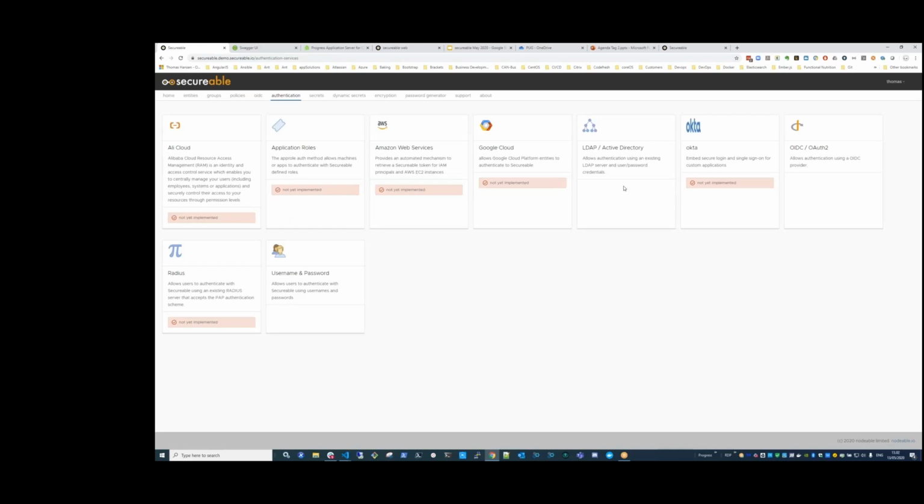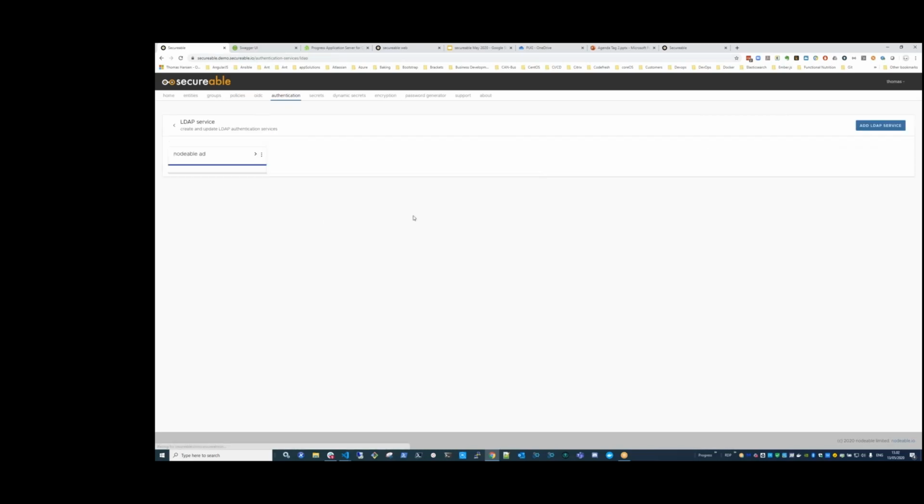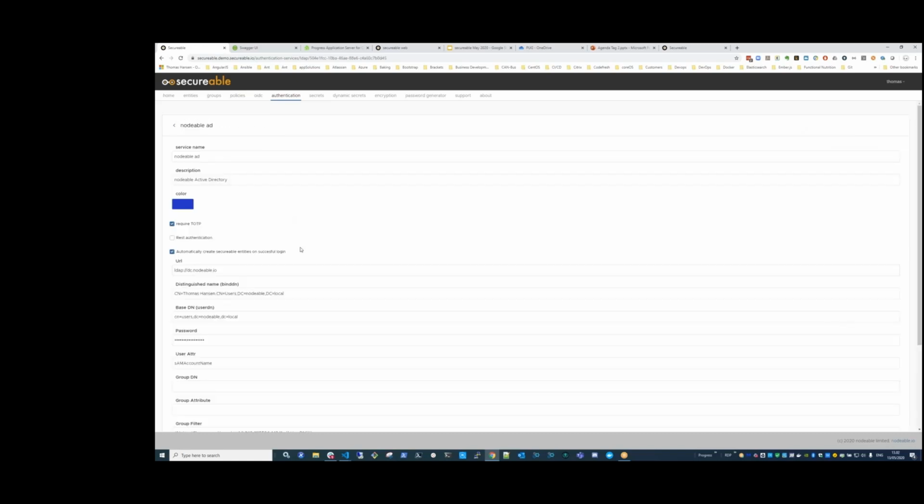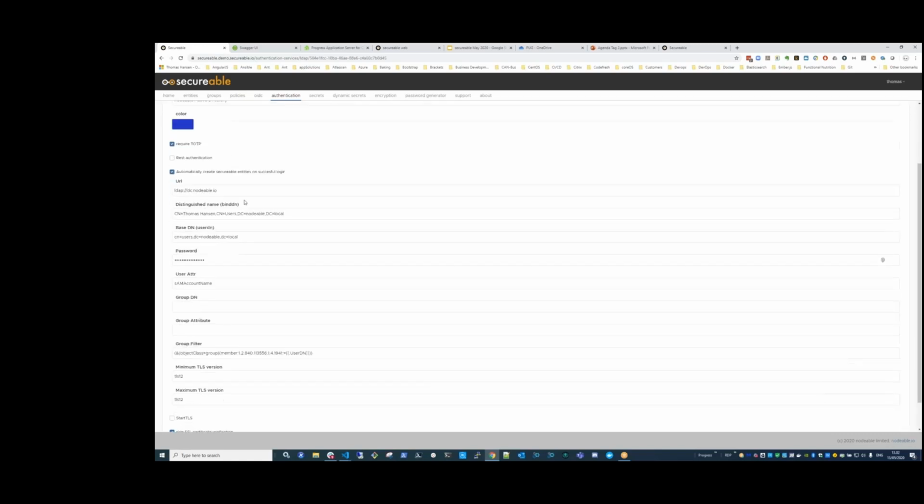So, just a very quick look at how that's set up. For Active Directory, it's really a question of going in and setting some information about the Active Directory, and the query that you're going to use to connect up, look up users and get detailed information about them.